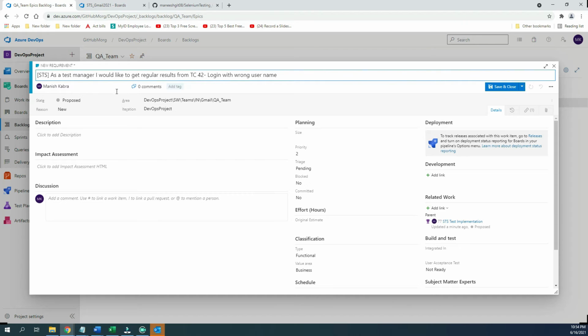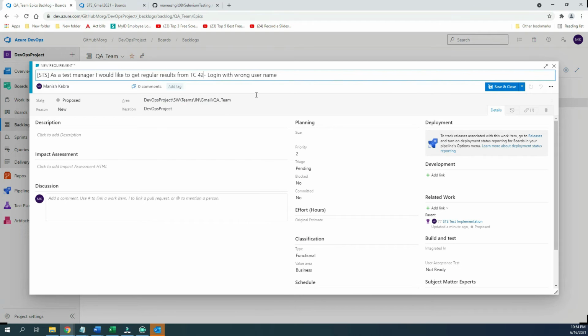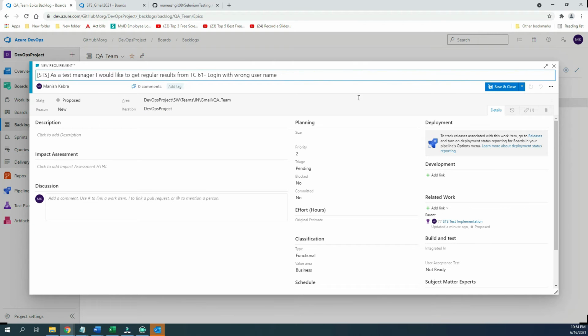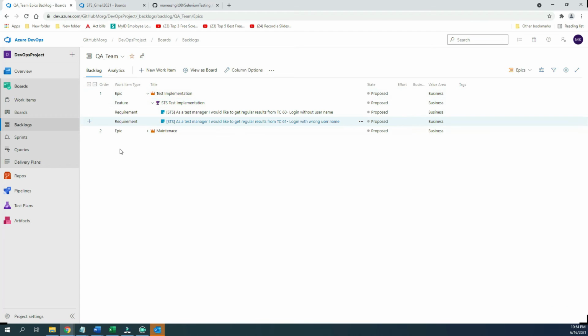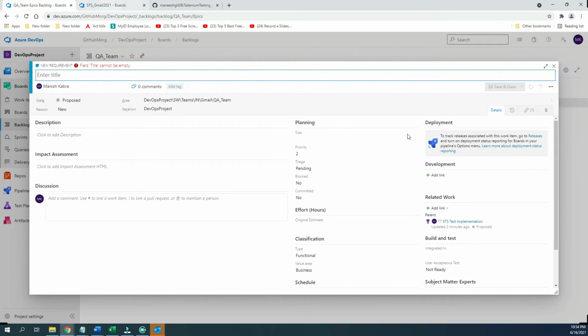As a test manager, what my role is and what my objective is, toward what I want to achieve. This is the way we define the statement every time you are defining any new requirement. So login without username is 61. Sorry, this is the old name which I defined somewhere, so that's why it's coming like this. But we have to modify it based on the numbers we are seeing here. So this is how the statement will look. And a new, one more requirement.